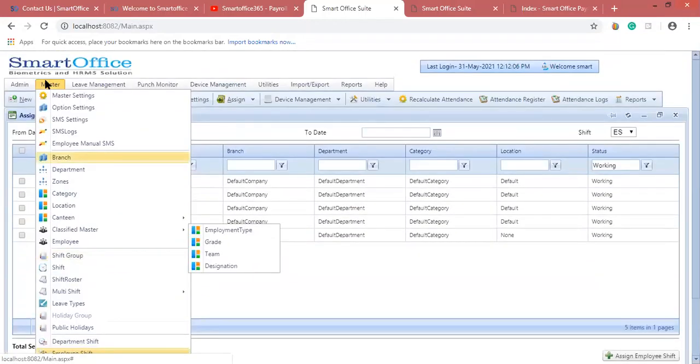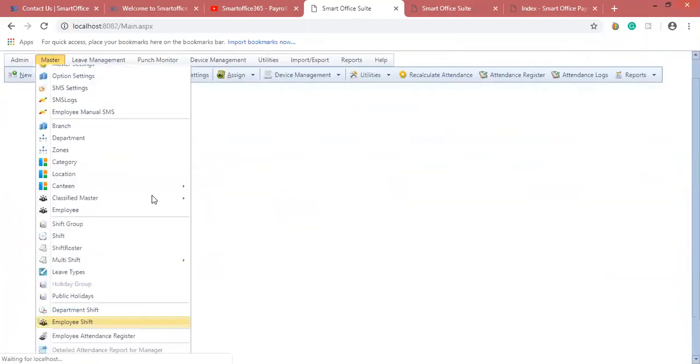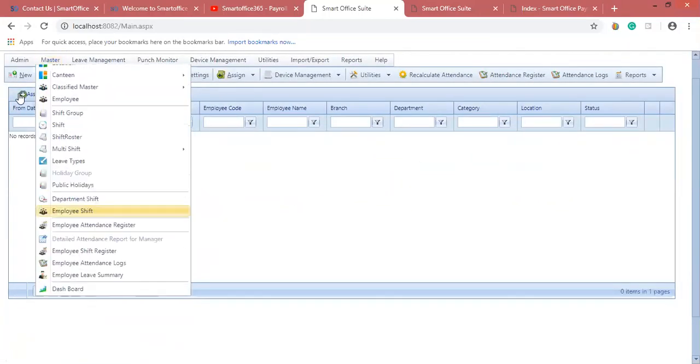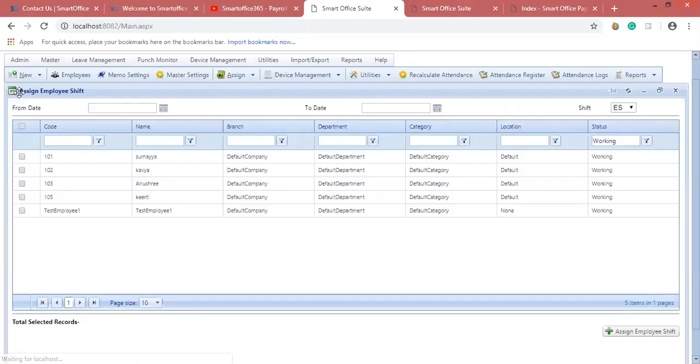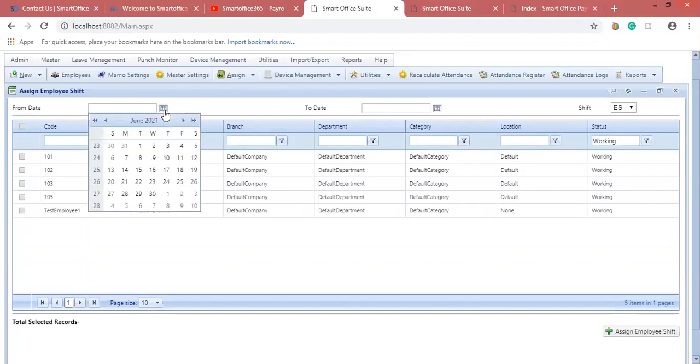So go to master, employee shift, and assign employee shift. This has to be done when you are aware of which employees are coming under which shift. Please make sure that your employees are coming in that shift only.